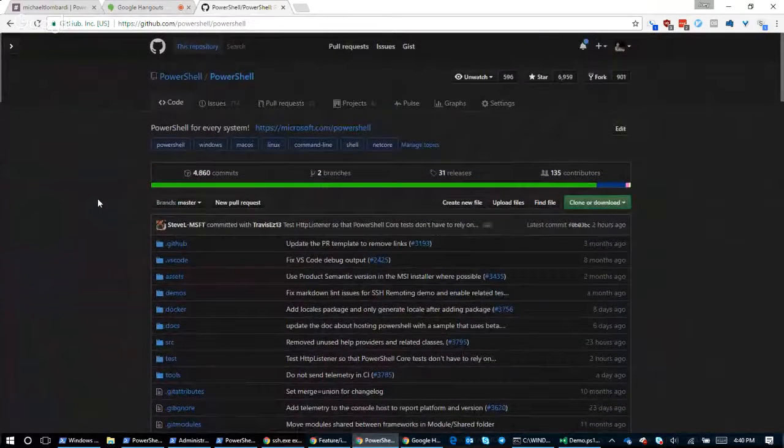So this is the GitHub PowerShell repository, right? This is at github.com/PowerShell/PowerShell. You do not need a GitHub account to come and look at this, to download things here. You do need a GitHub account to file issues, to contribute code, and really to engage with us in any kind of meaningful way. So if you don't have a GitHub account, I highly recommend you create one.